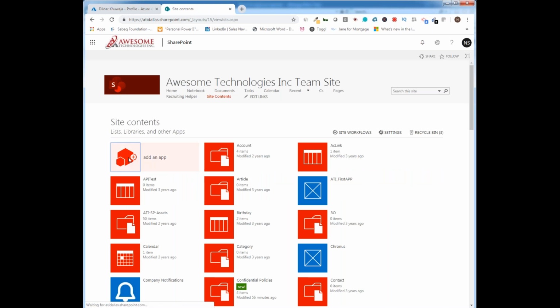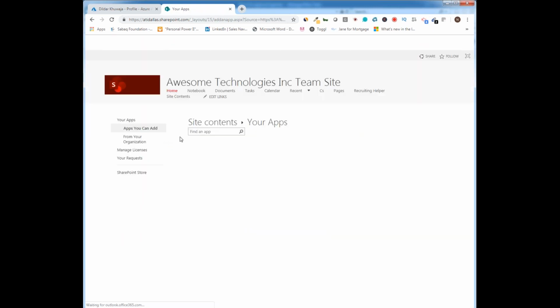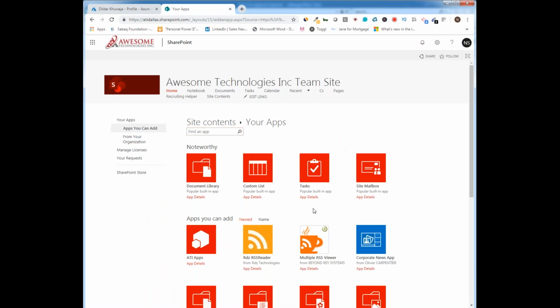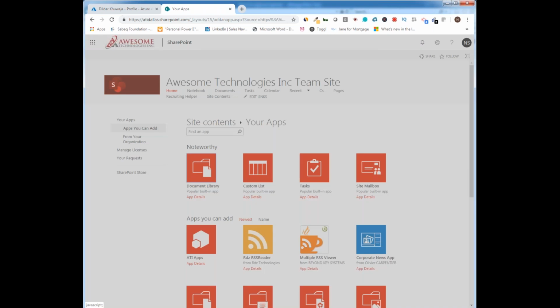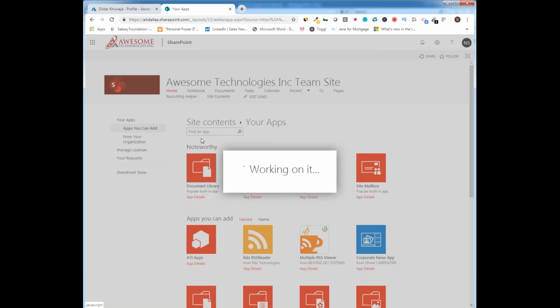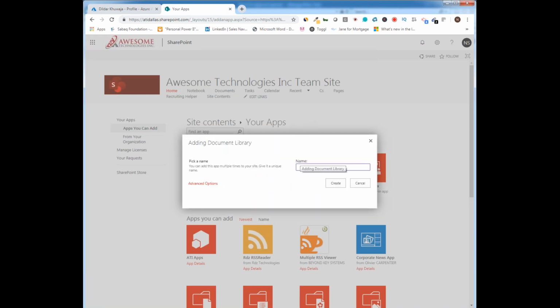I just clicked on add an app. Once you click on add an app, it will show us different types of apps which I can add to this specific SharePoint site. So you can see that there is an item with the name of document library. I'm going to click on this document library, and the document library which I'm going to create, I'm going to name this document library as